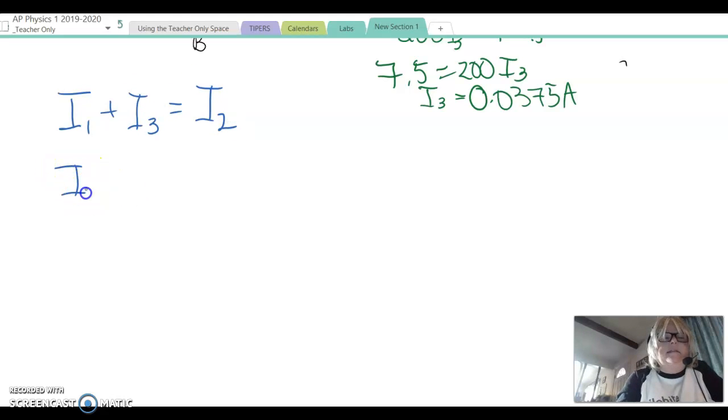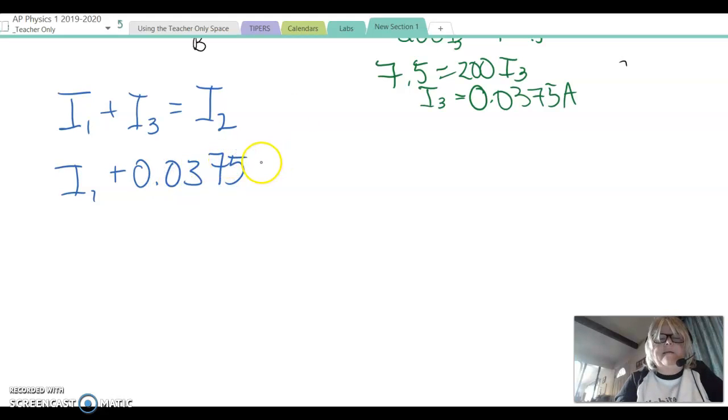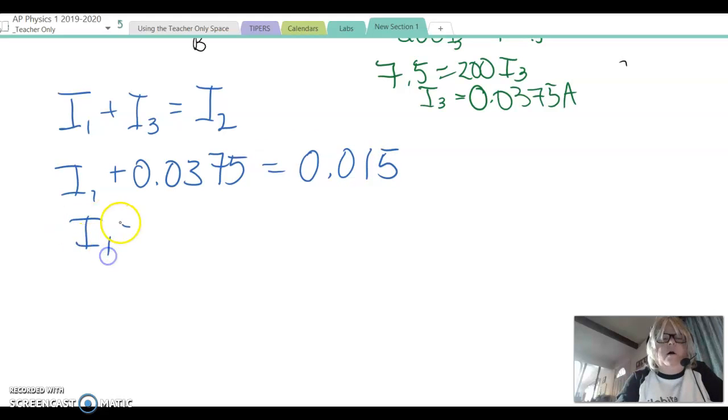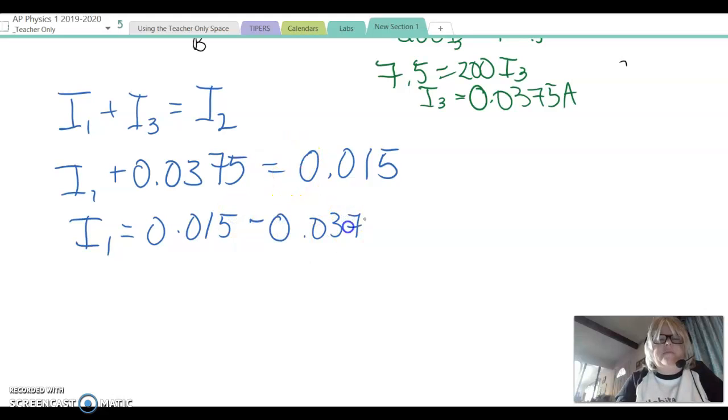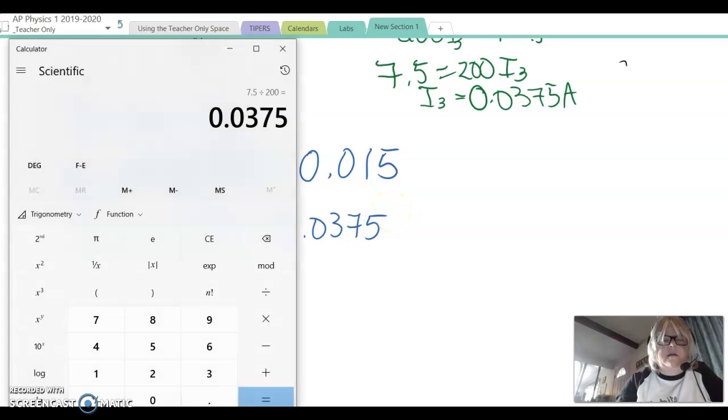We said that I3 was 0.0375 and I2 is 0.015. So that means that I1 is equal to 0.015 minus 0.0375 equals